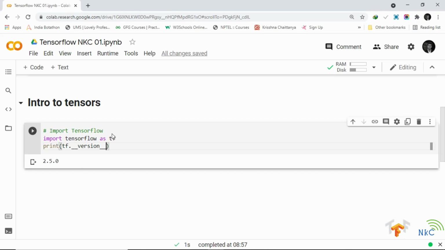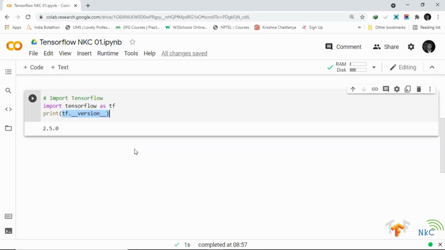It becomes the alias tf in Python. tf is basically universal. You can call it whatever you want, but trust me, use tf. And I'm going to print tf.__version__ here to check what version of TensorFlow we are using.